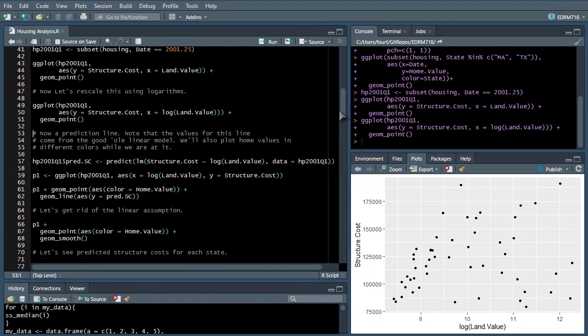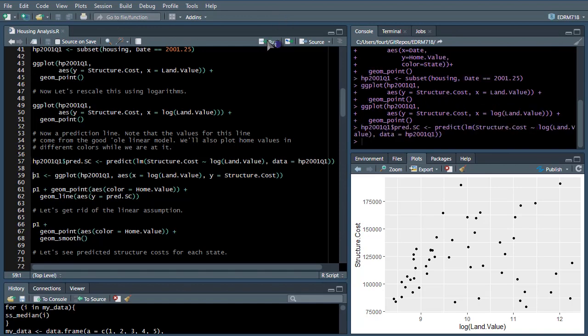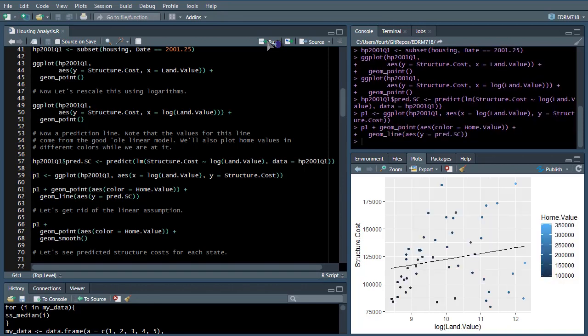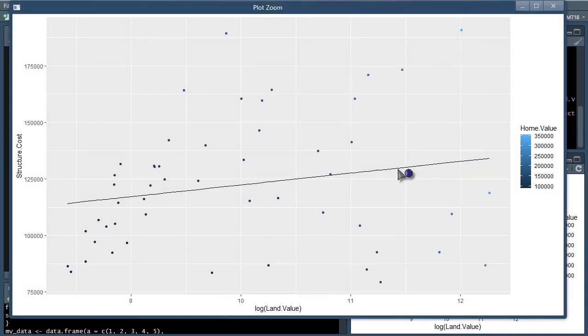what I'm going to do is put the values for this line from the good old linear model. And we're also going to plot home values in different colors as long as we're at it. Okay, so this first line here is not part of the Tidyverse. This is just regular old R in which I'm getting predicted values, but now I'm using those in a plot, and I have just two commands I'm going to use. And here's what I get